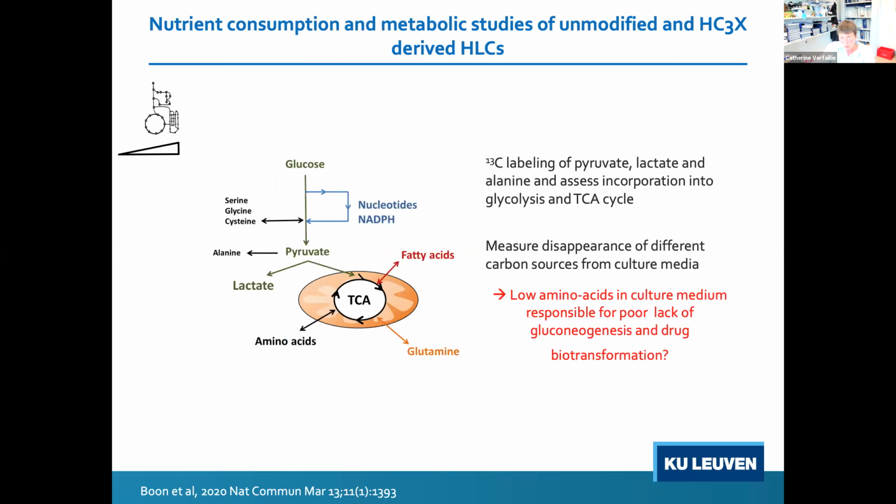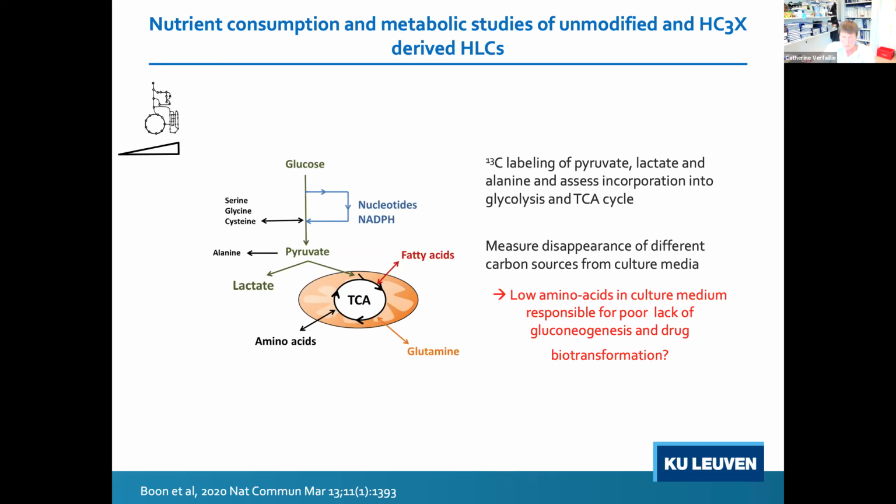So then Ruben Bohn in the lab started looking at whether we could understand the cellular metabolism. He did 13C labeling of pyruvate, lactate, and alanine to assess which of these are incorporated into glycolysis and the TCA cycle. And he also measured the disappearance of different carbon sources from the culture medium. And these studies made us conclude that low amino acids in the culture medium are responsible for the lack of